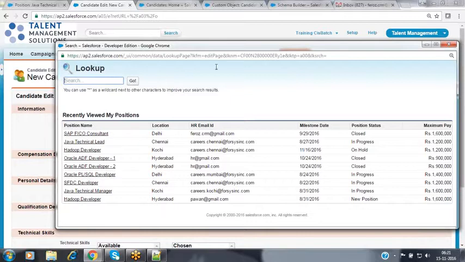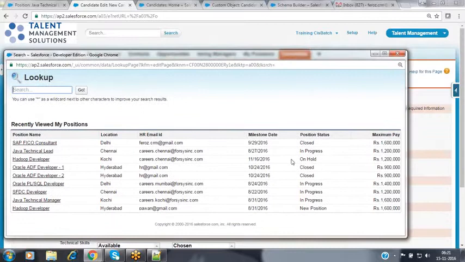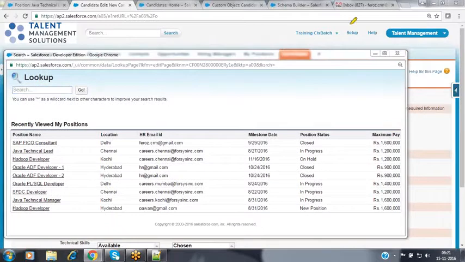Now, why do we need to populate all the 9 positions? Because from those 9 positions, 3 are already closed. Let's see, 3 positions have the status as closed. Now my requirement is that I don't want to make these closed records visible here. Whenever the candidate applies for a position, he has to apply for a position which is not yet closed.